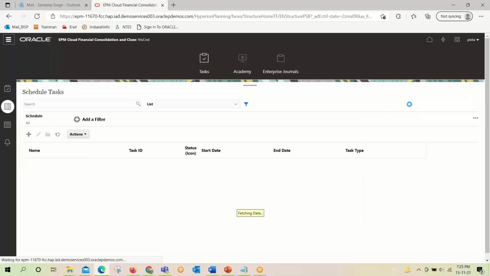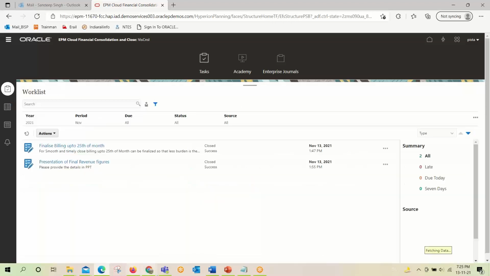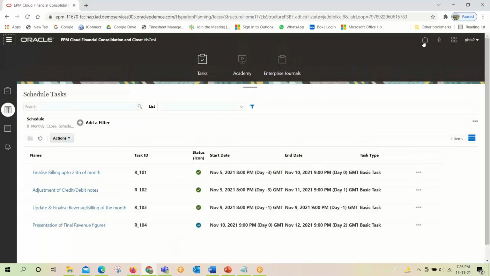So he will close the task, and see the status icon has changed from pending to open. So this is a typical workflow, and now we'll see the screen of the assignee.